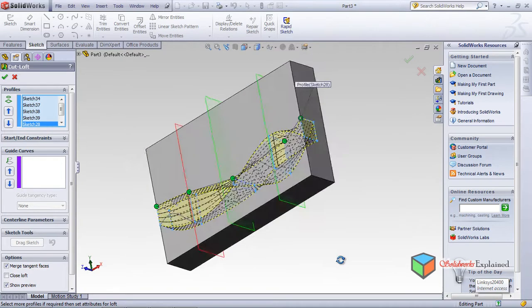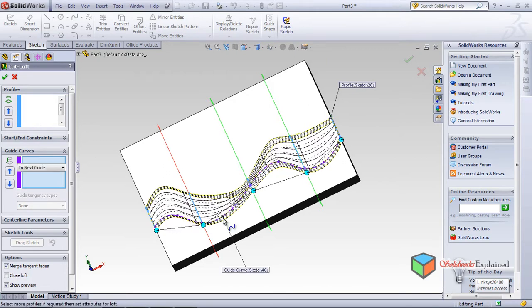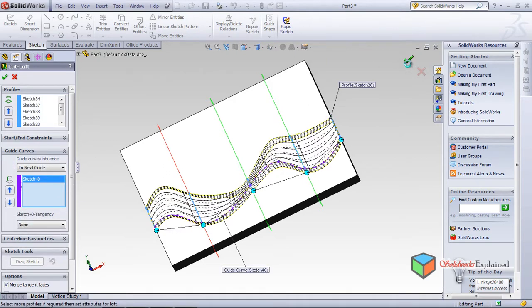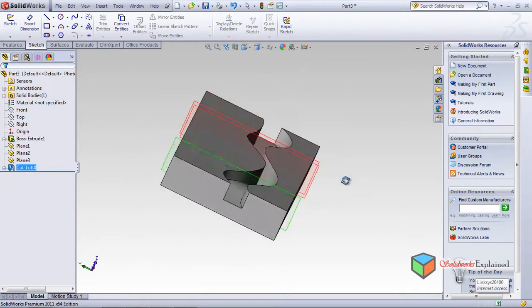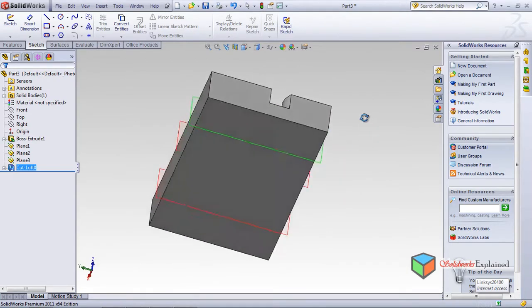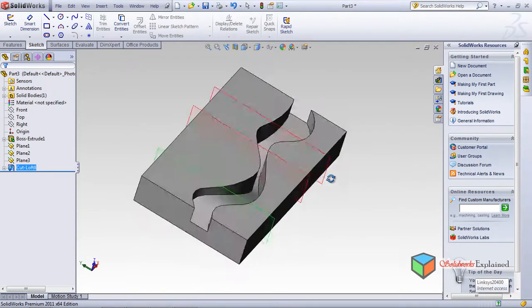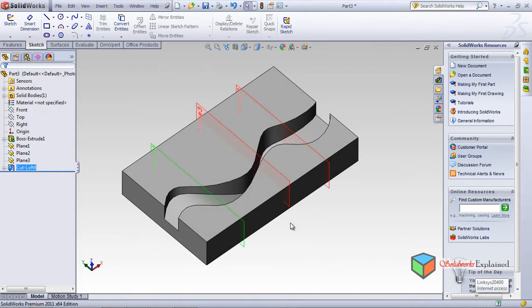So this is our normal loft without the guide curves. Now with the guide curves, let's see what is going to happen. This is my guide curves. Look, done. So this becomes my advanced loft with guide curves. So in this way, not only squares, you can also make polygons, circles, many different shapes, but keep in mind